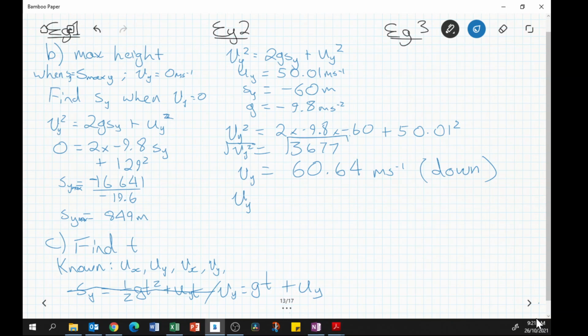Vy equals gt plus uy. We're rearranging for t, so Vy minus uy. Subtract uy from both sides. If I take it away from there, that'll cancel on that side, and I'll be taking it away from here. Then I will also divide both sides by g, so that'll get divided by g. It'll cancel on this side, and this side will have a divide by g on the whole thing. And we'll be left with our t, which will equal, and I'll do a little bit of dodgy horizontal transposing over here, 60.64